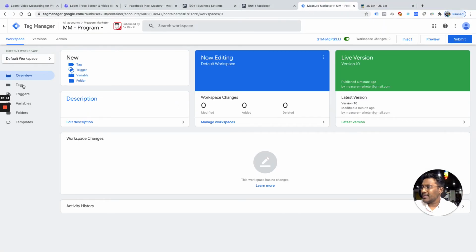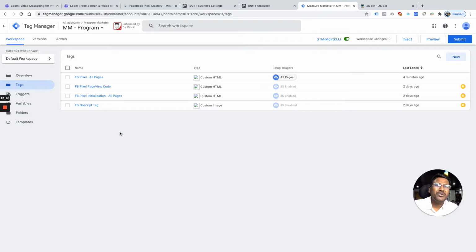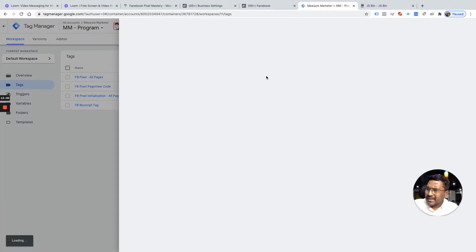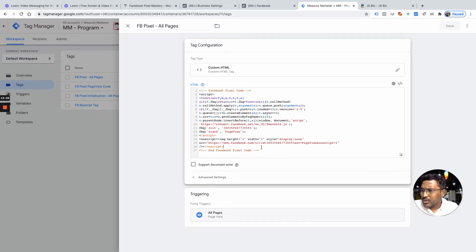So this is how the implementation of Pixel works through Google Tag Manager. But here is a problem. Not a problem. You can simply do it like this. But if you want to be more technically sound, or you want to show yourself as if you have good knowledge of Pixel, what you can do is what I have done. I don't generally put the entire code in one tag. What I generally do is